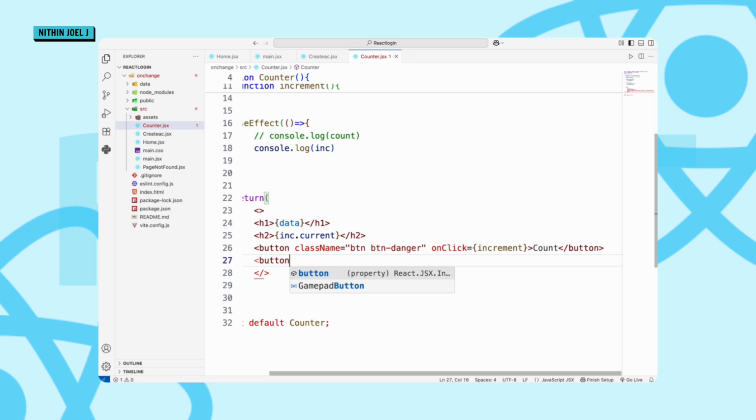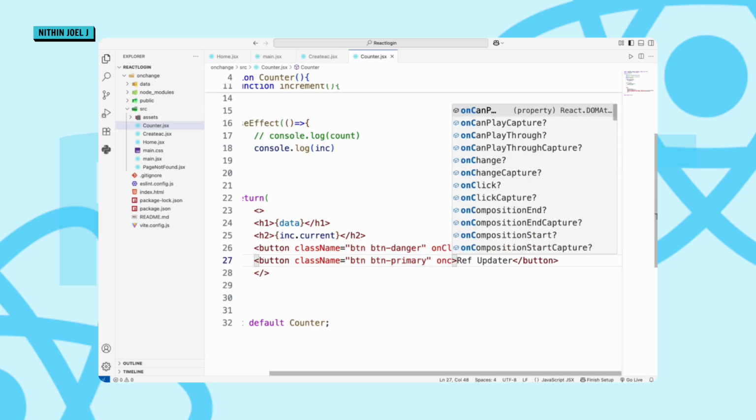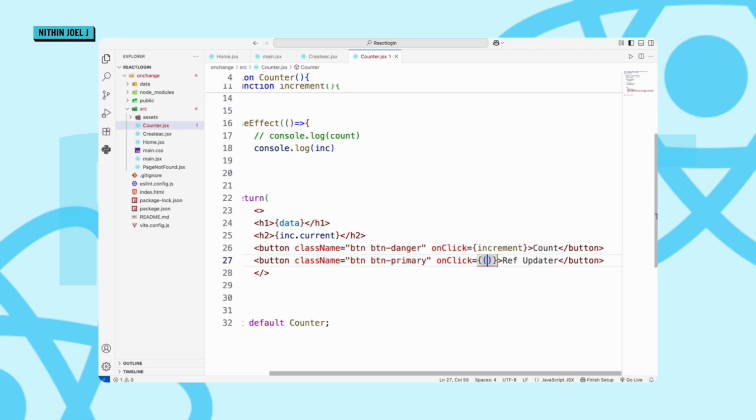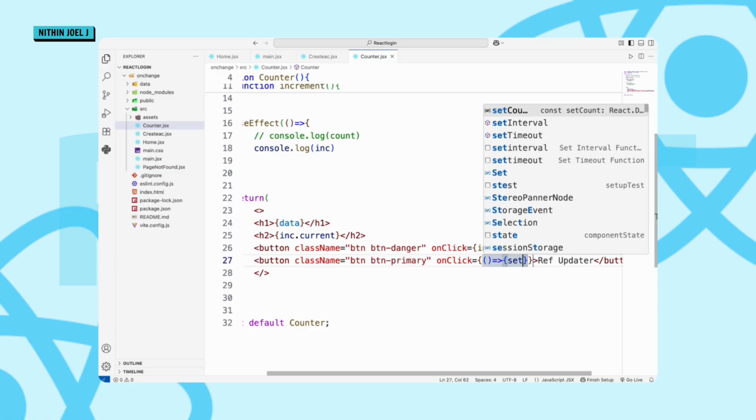Okay, button, and saying that ref updater. Okay, and let me add a class name for this button, button primary over here. Okay, and let me have an onClick property, and I'm gonna write an anonymous function saying that setCount should be